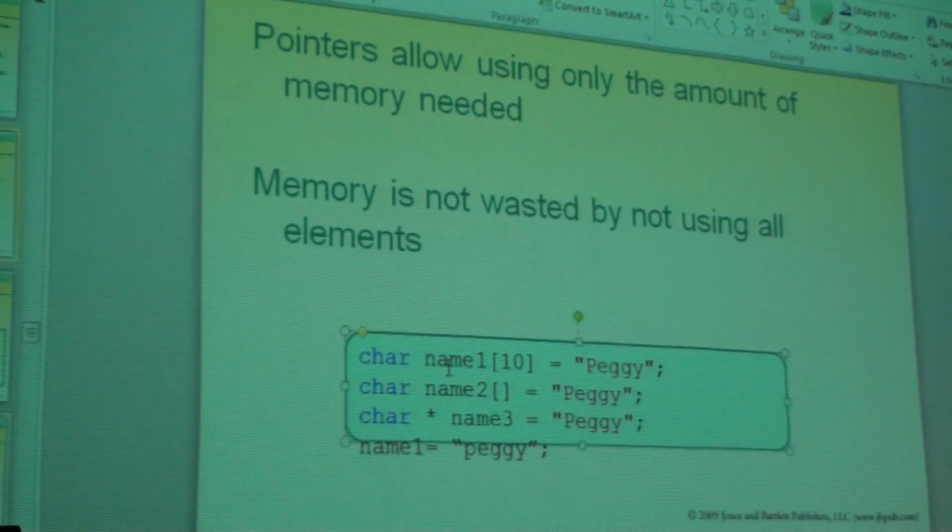I can only initialize it. Now, I can string copy over Peggy and put Susie in there if I want to, right? I can string copy different characters in that same location. I can do that. But I can't do a